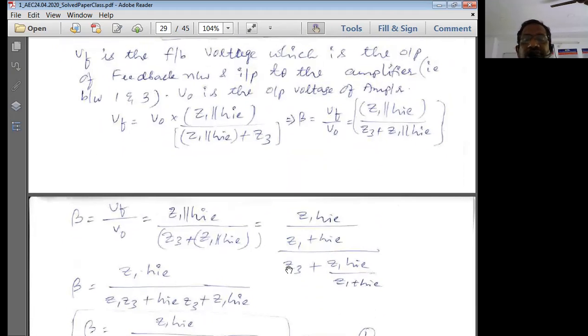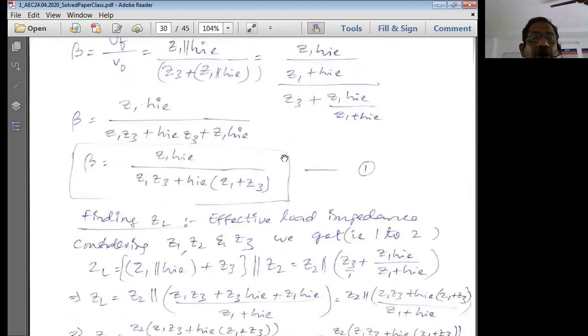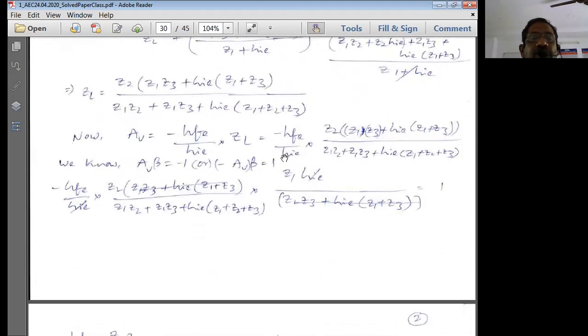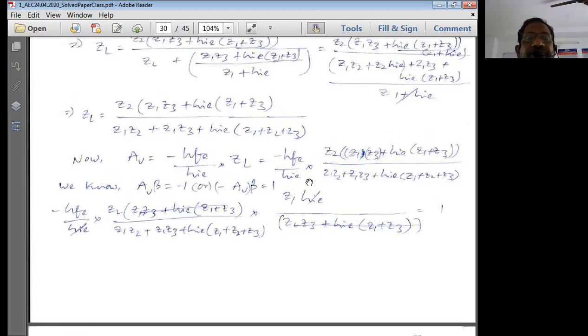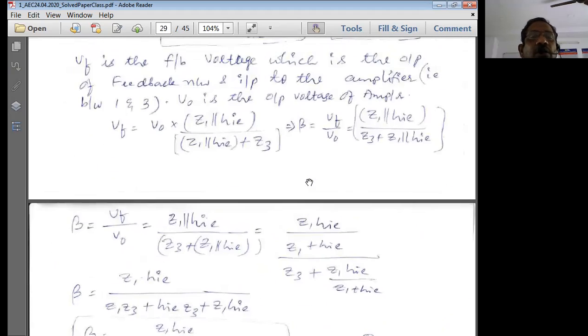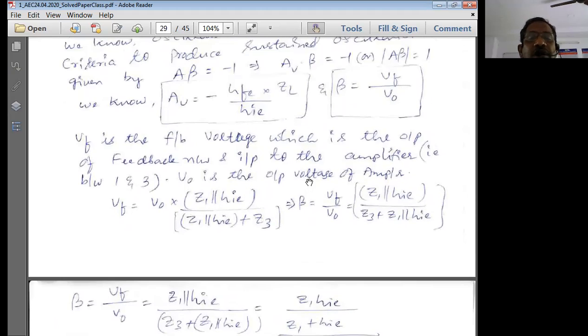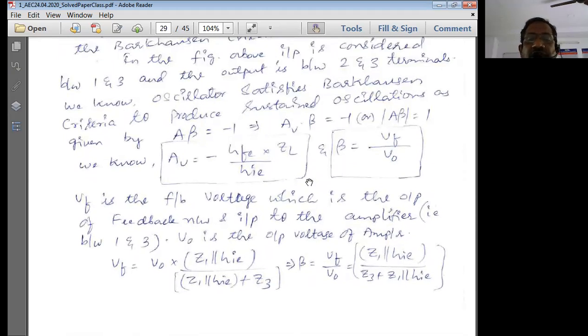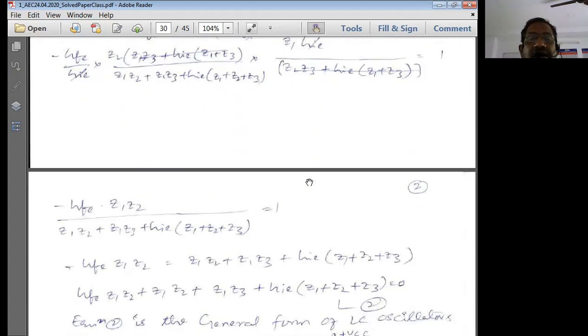First of all, let us go with the procedure we are normally going to undergo here. Because we have beta, we should know the beta value and we should know the value of A, so that we can have AV into beta form and we can substitute it equal to minus 1 and solve this. To get the overall equation, we have to solve this, right? So that is why we go ahead by doing that. In doing so, what is so important is that the circuit connection is very much important for us. How it is really connected is really a matter for us.